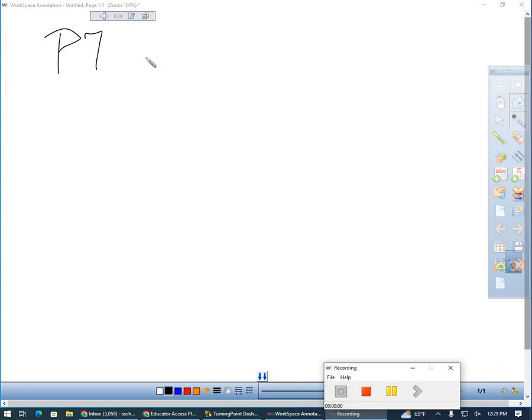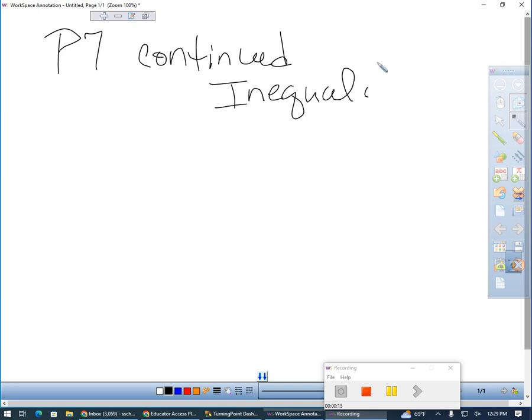Yeah, we're going to continue talking about inequalities. So, yesterday we talked about the absolute value ones. I don't know why I can't spell today. Inequalities. There we go. All right. Yesterday we talked about the absolute value ones. Today, you already know how to solve inequalities, but here's the one thing we've never